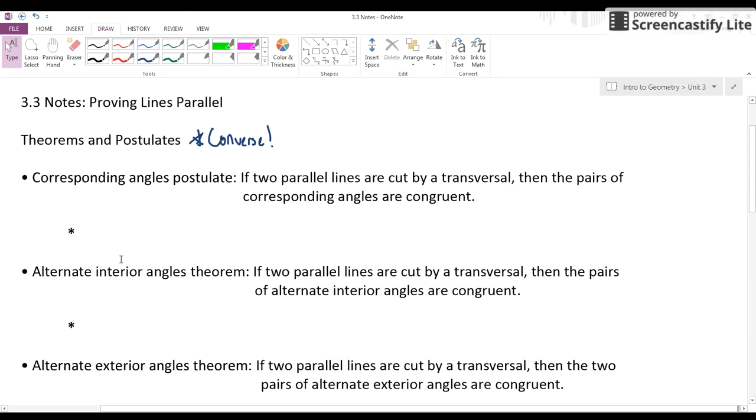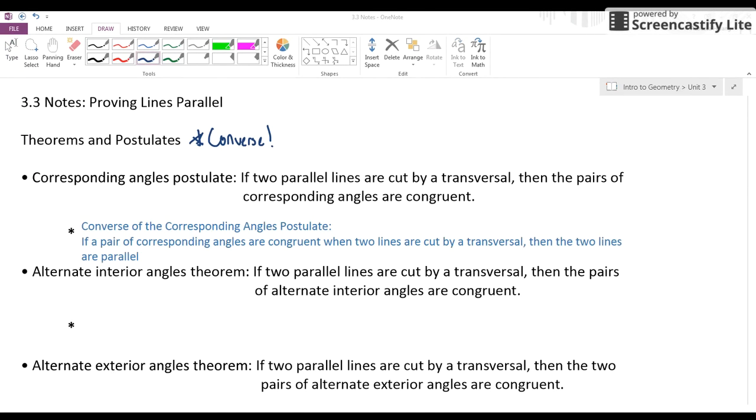So what we would say here is, if a pair of corresponding angles are congruent when two lines are cut by a transversal, then the two lines are parallel. So what would we be looking for in your diagram? I'm going to draw it right over here. So if we are given